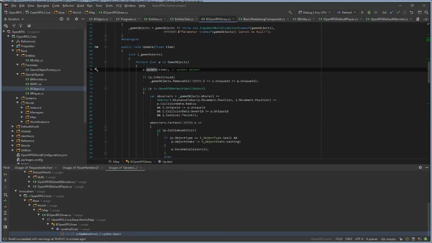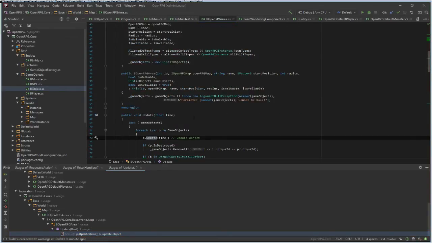Maybe it's the area. So write line updating object unique ID.